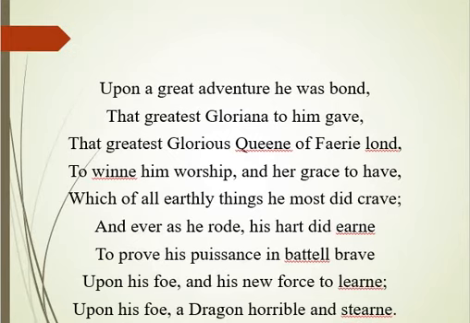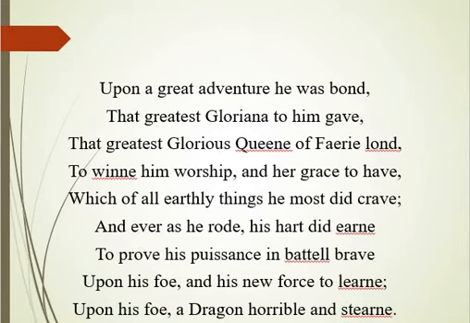Means the Queen Elizabeth I, that greatest Gloriana, queen of fairyland, to win him worship and her grace to have, which of all earthly things he most did crave. I can simply say that this was a task, the adventure assigned by Queen Gloriana,